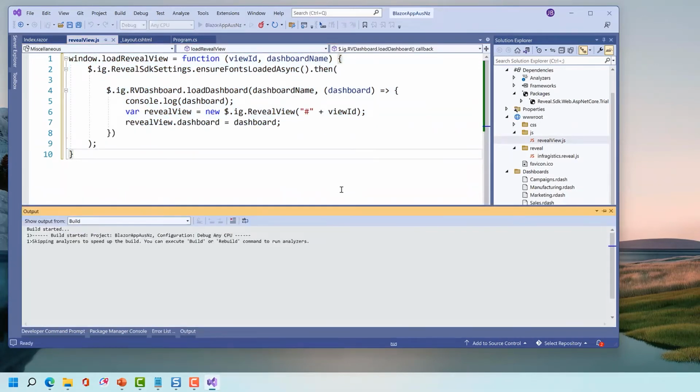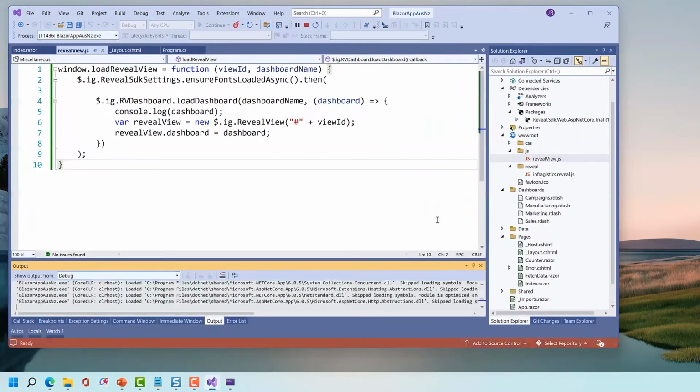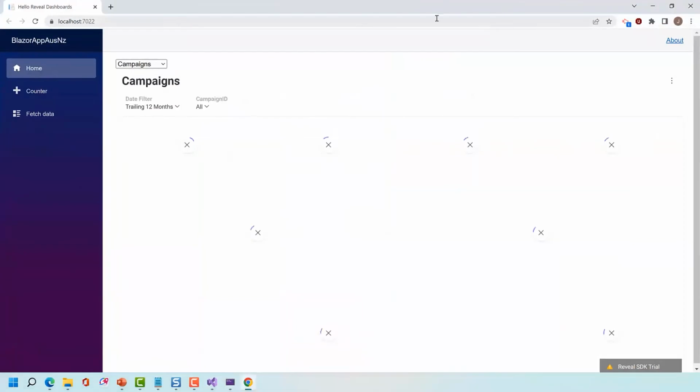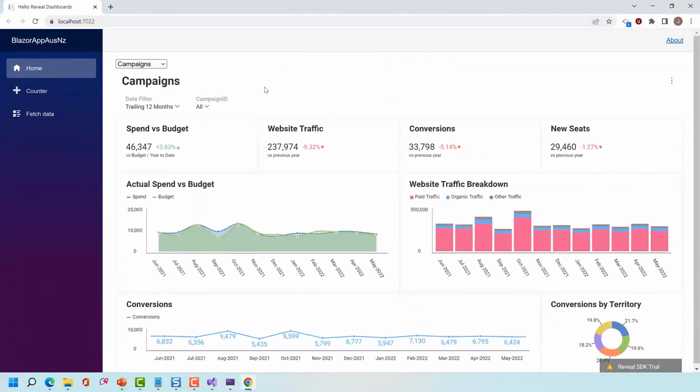Let's see if I made any mistakes in my coding here on what we put together. So this is going to just do a quick build, and it might start up on my other monitor. I might need to move it over. We'll see in a second. And meanwhile, make sure you ask any questions inside of the chat window. Okay, so I just slid over my Chrome browser here, and you can see that the dashboard has